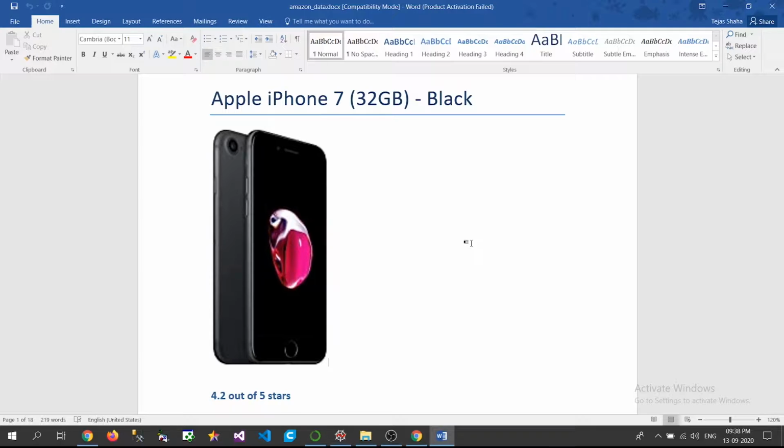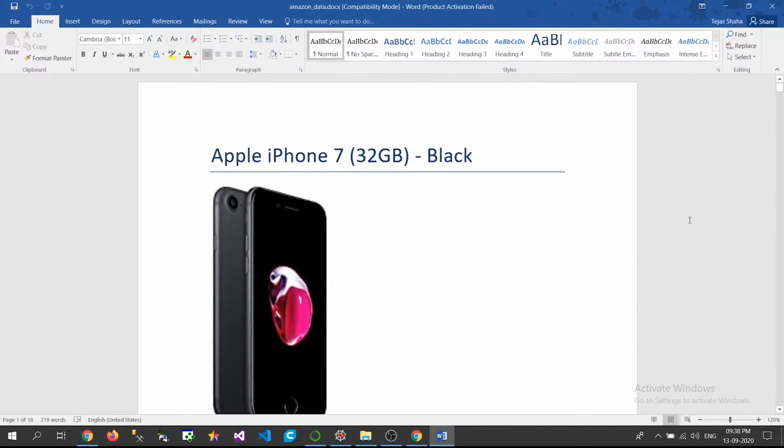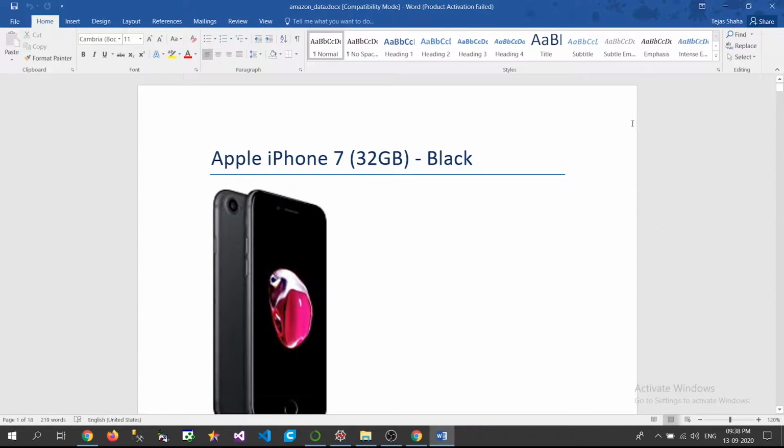Obviously you don't have to fetch the image here, you can skip that part. Only the name and the rating you can put in, and after that you can just clean up the data and use it for some kind of analysis or prediction, even a machine learning model. So this is all we are going to do today, and it is pretty straightforward.